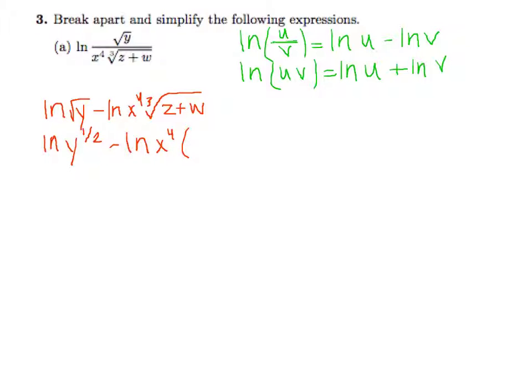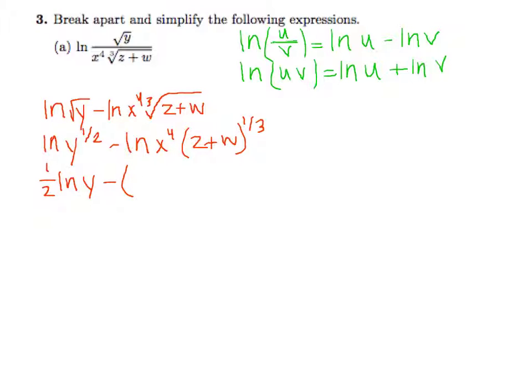And let's write this cube root as z plus w to the 1/3 as well. Okay, and let's use our rule that we can bring the power down in front of the ln. So we have 1/2 ln of y minus